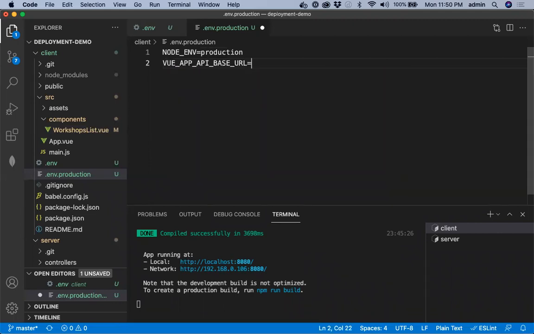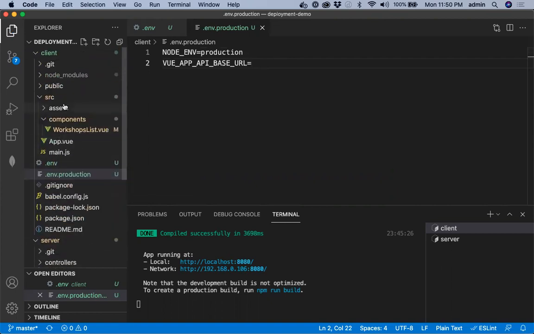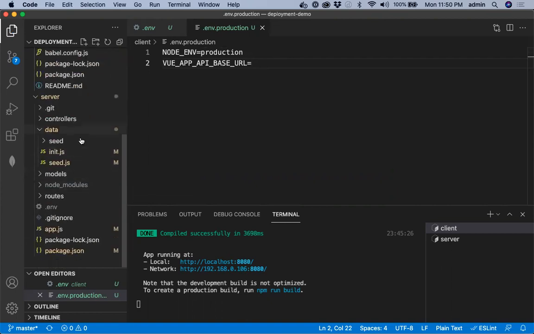API base URL for the production will be, since we are going to generate the build folder and copy our files from the client to the server, the front end app files will also be served from the server itself, from the backend app. So there'll be no separate front end app after that. So the API requests don't have to go to some other domain.